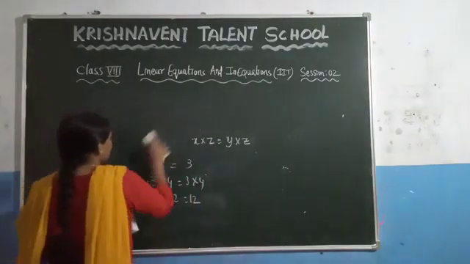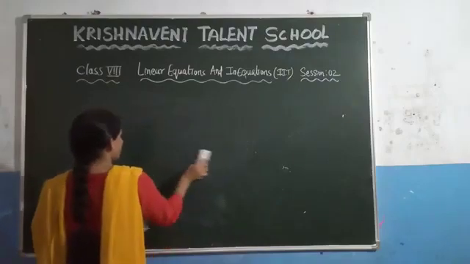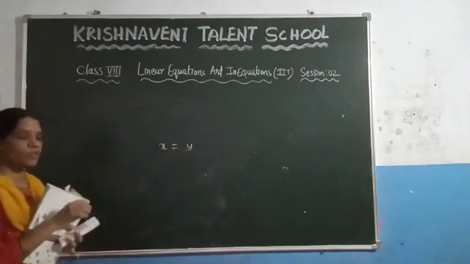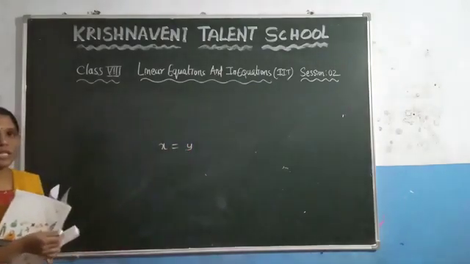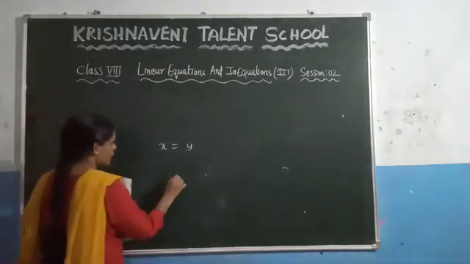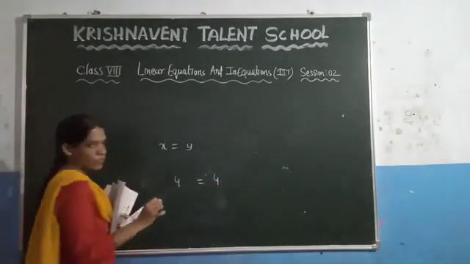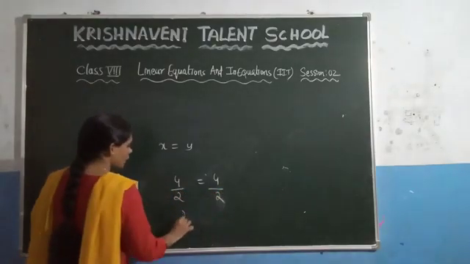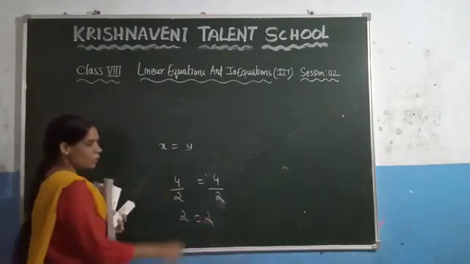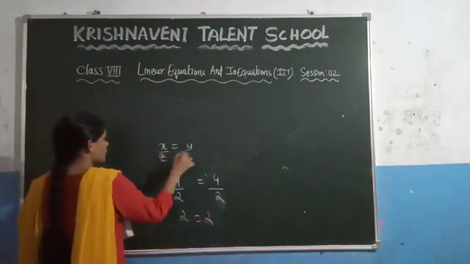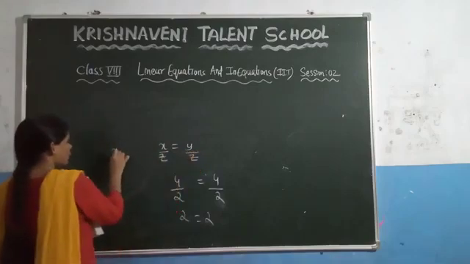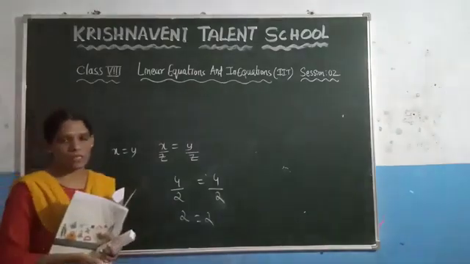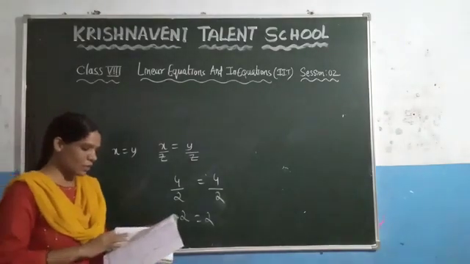And the last one is the division property. What it states here: if x is equal to y and you divide with the same number, you get the same result. Let us consider one example. You know that 4 is equal to 4. You divide with the same number, let us consider 2, and you get the same result. Let us consider that number as z. So if x is equal to y, then x by z is always equal to y by z. This property we call a division property.